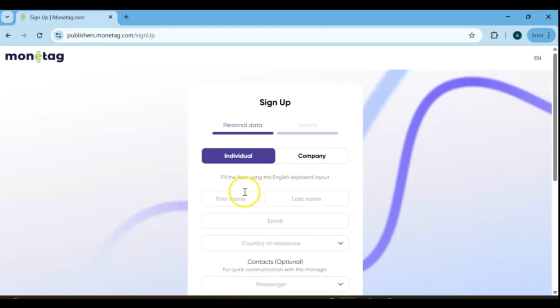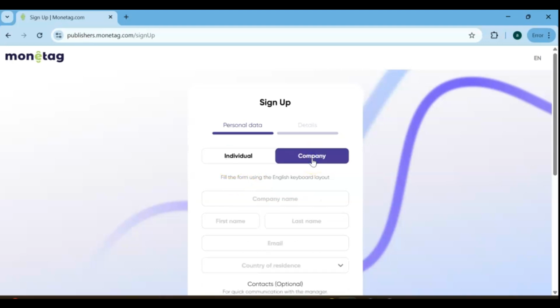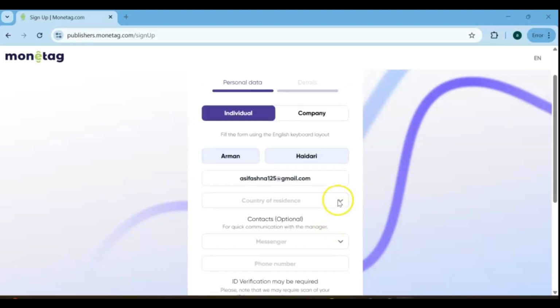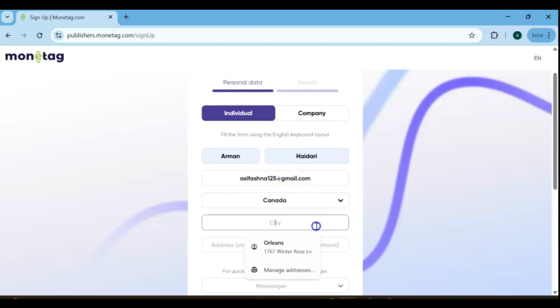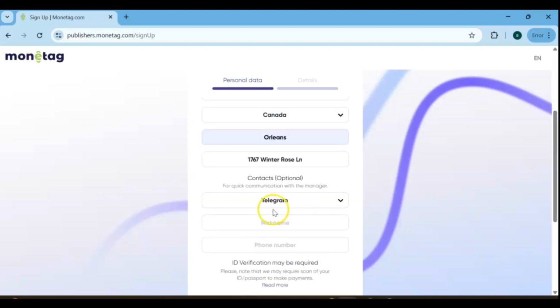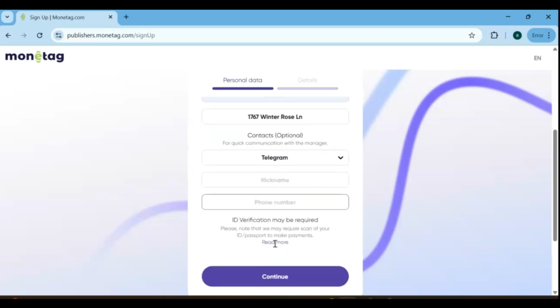When signing up, make sure to choose the correct account type, whether it's an individual account or a company account. After that, simply fill out the registration form. It's crucial to provide accurate, real information during registration. Failing to do so could prevent you from withdrawing your earned funds later, so double-check your details to ensure a smooth experience with Monetag. The Contacts section is optional, but it's recommended to fill it out for easier communication with